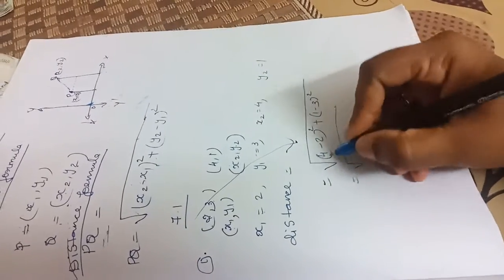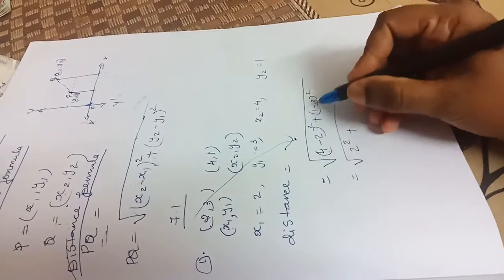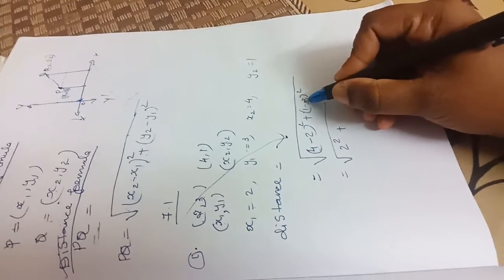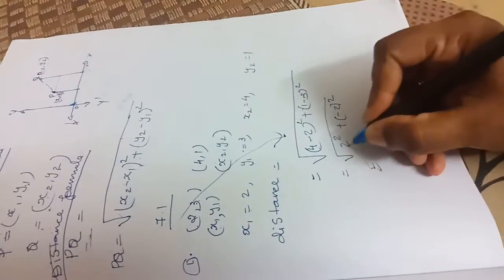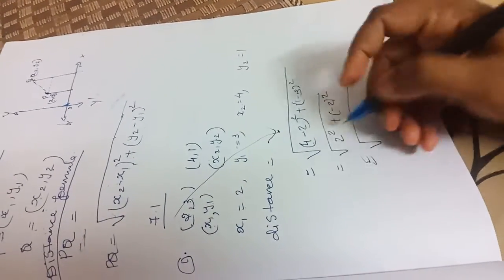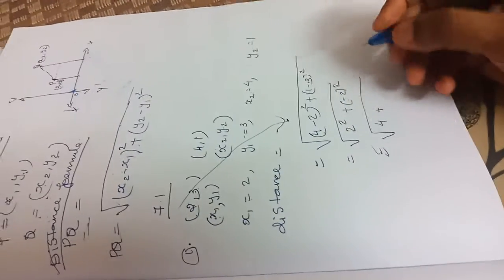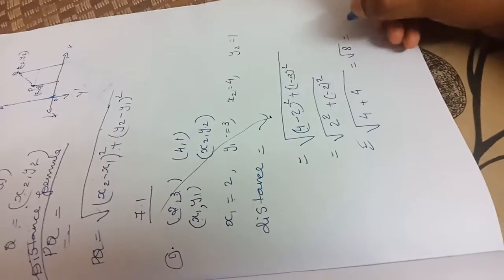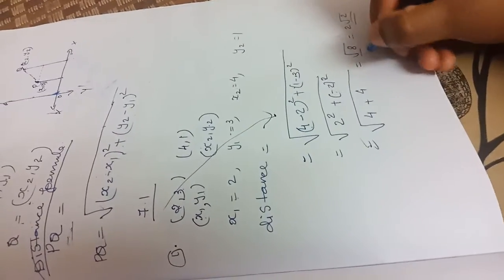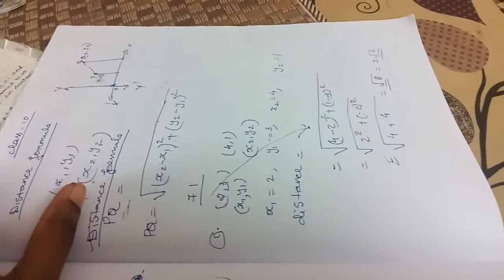So you will get here 4 minus 2 is equal to 2, and this squared, 2 square, plus 1 minus 3 is equal to minus 2. So minus 2, again this squared. So here I am writing the root first. 2 square is equal to 2 into 2, 4, plus minus 2 square is equal to minus 2 into minus 2, again 4. So we will get root 8. Root 8, you know that. What is the answer? 2 root 2. Till here it is correct, but root 8 we can write again as 2 root 2. This one also we can write, okay.